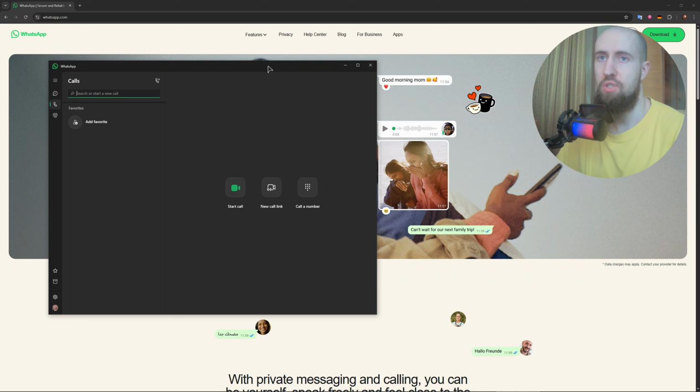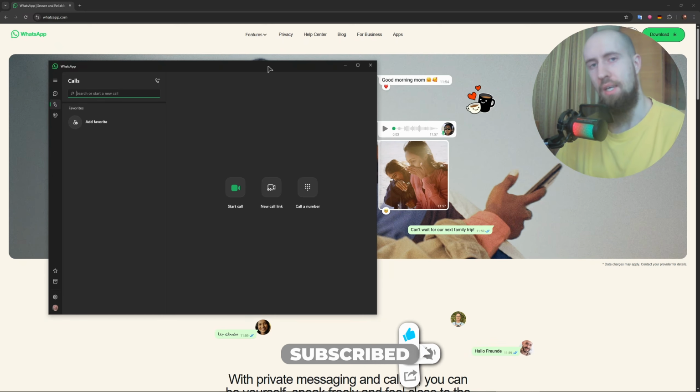Also, if you're not looking to log in with your QR code, maybe you've just started using WhatsApp and you don't have it on your phone, you can also easily log in by your phone number. They will just send you a short, about 6-digit, I think, or 8-digit number that you just need to type into this WhatsApp application on your laptop, and you will be able to easily log in with your password or